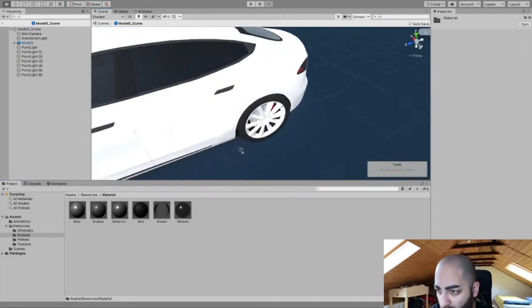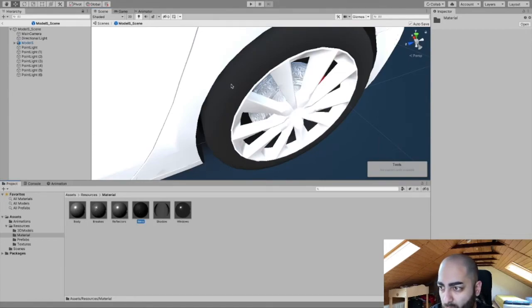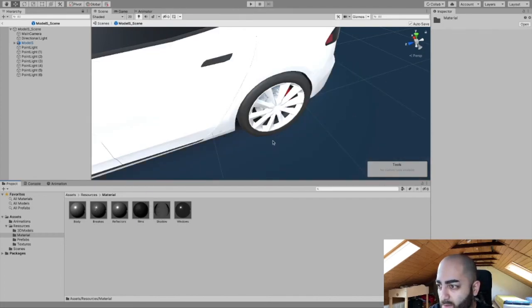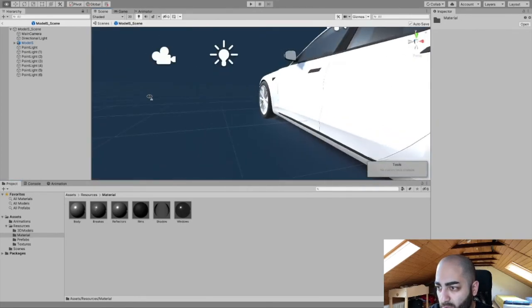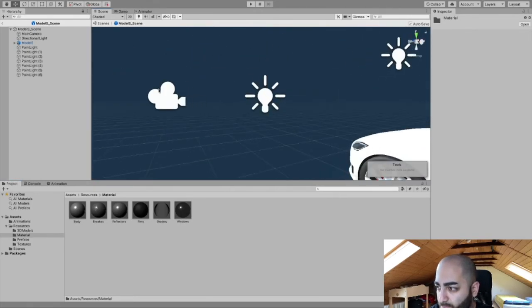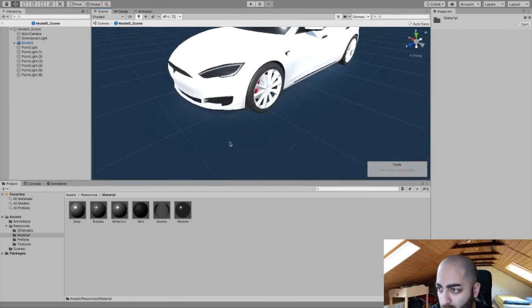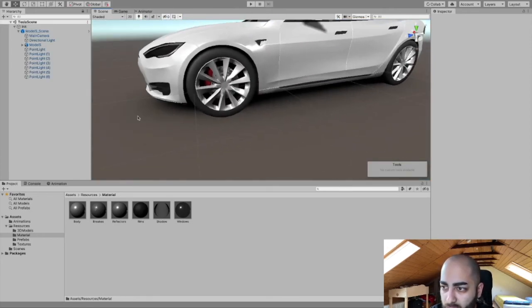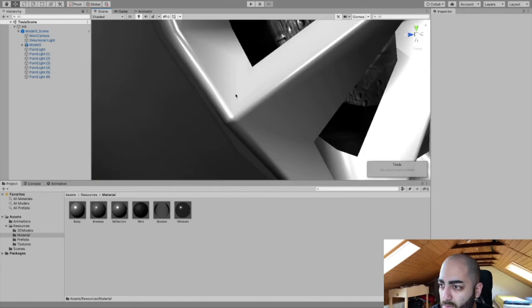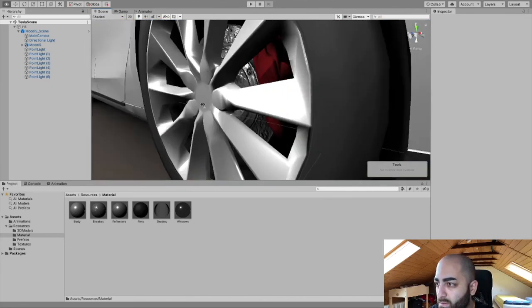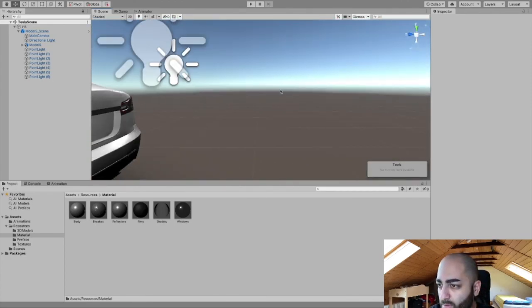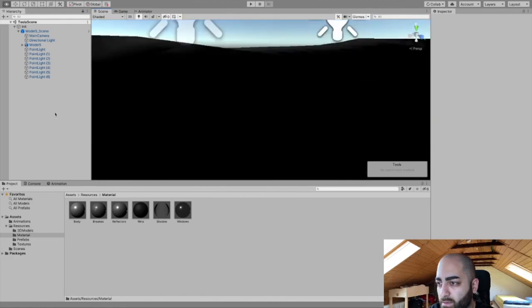And the rims there. There you go. Perfect. If you go in here, you can see. Yes, great. Everything's correct, and we can go back to our scene. Have a look at the tires. Great, perfect. Now let's go back